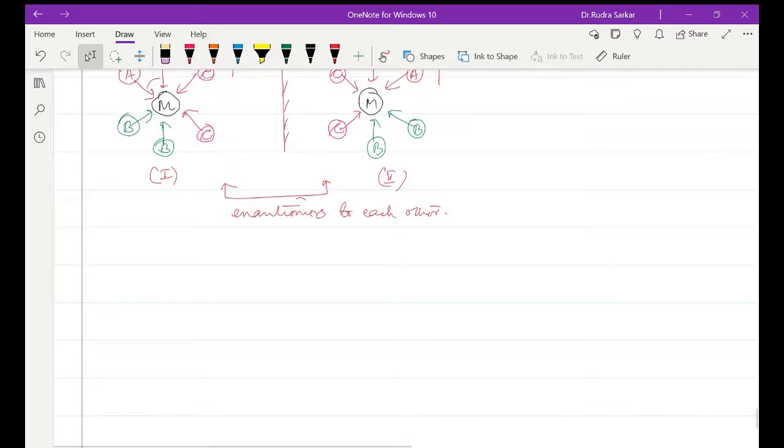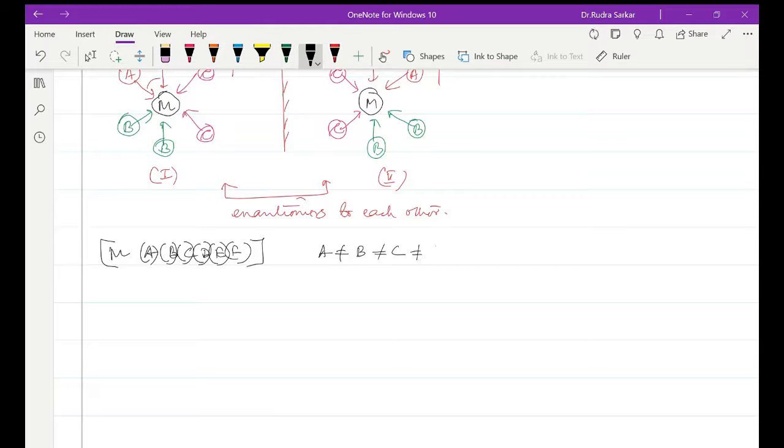Similarly, again a factual question that one can remember, instead of drawing all the isomers, which would be a wastage of time: M, A, B, C, D, E, F. So these are the donor atoms that have been given to us, and all of them are unequal to each other. That is, A is not equal to B, not equal to C, not equal to D, not equal to E, not equal to F. There will be 15 geometrical isomers possible,